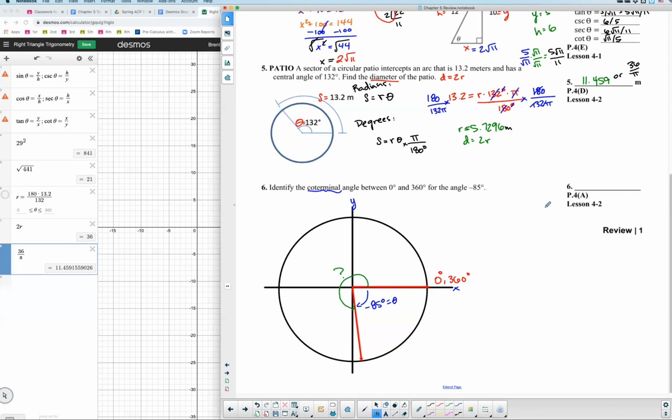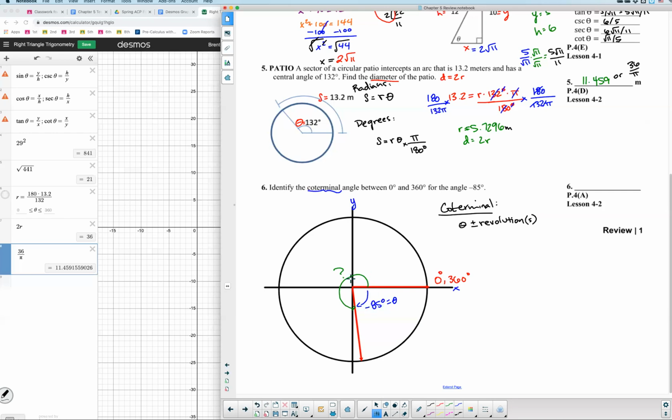Well, we learned in lesson 4.2 that to find a coterminal angle, you take your angle, whatever that is, and you add or subtract 1 revolution. You can do more than 1 revolution for that matter, so I'll put it in parentheses, revolutions. You could add multiple revolutions if you needed to, but on our problem, I think if we have negative 85